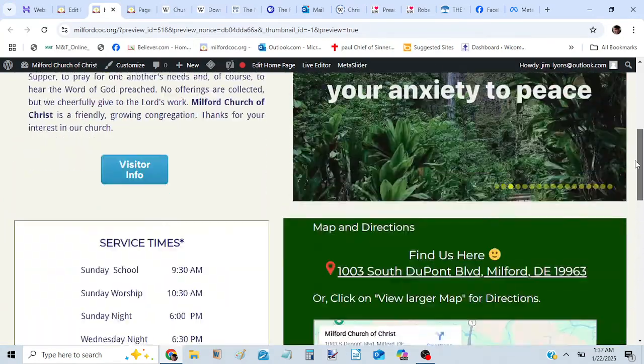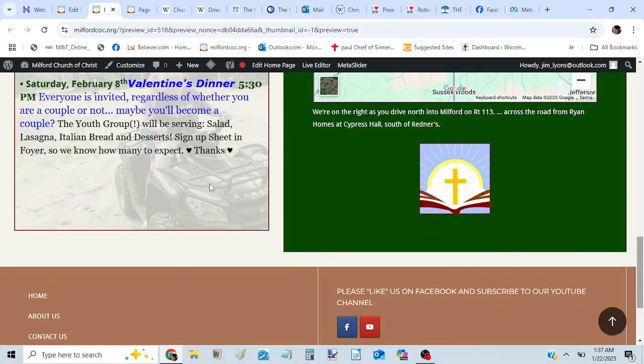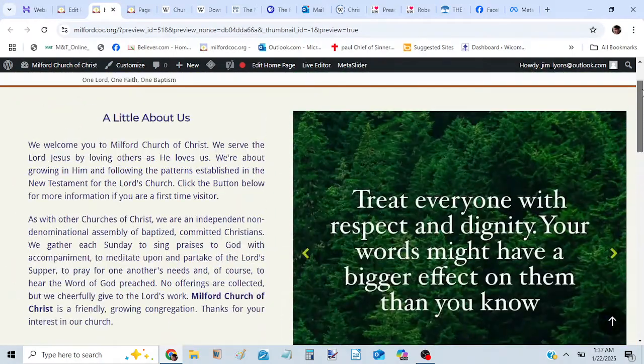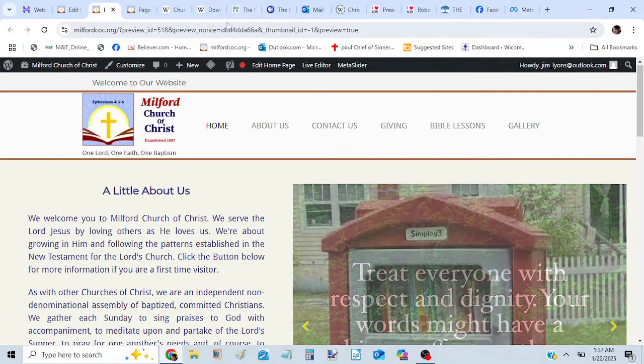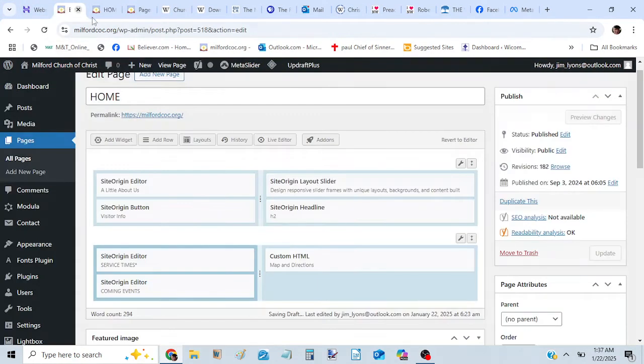So that's the same. And you see that background picture, we can change that, all right? Everything is changeable and flexible here. So that's been changed. I like how it looks. If I like how it looks, I'm going to hit update, okay? And if I click that, it would update the page. I didn't change anything, so there's nothing to update now. So the next thing I want to